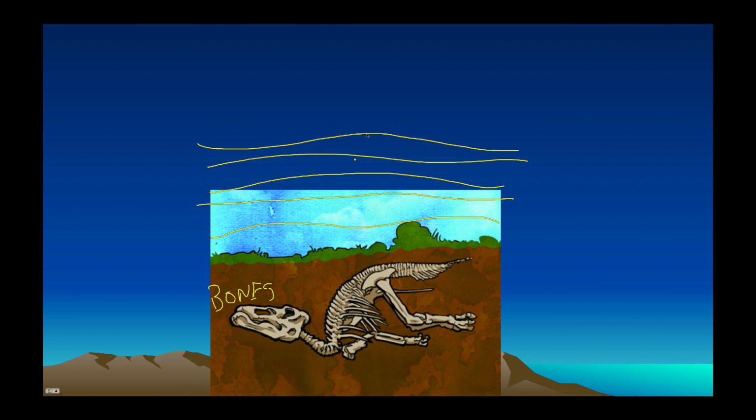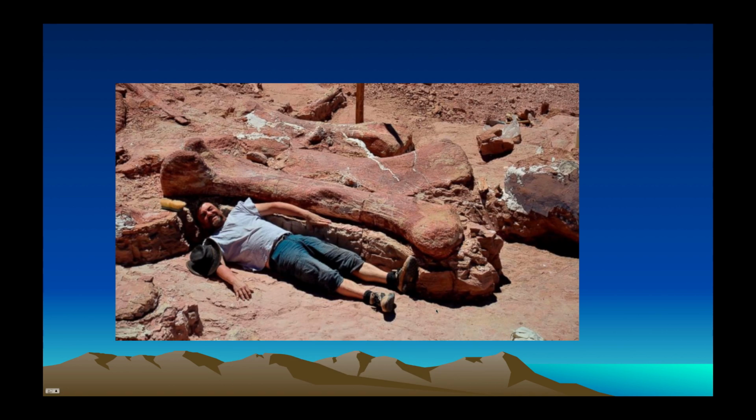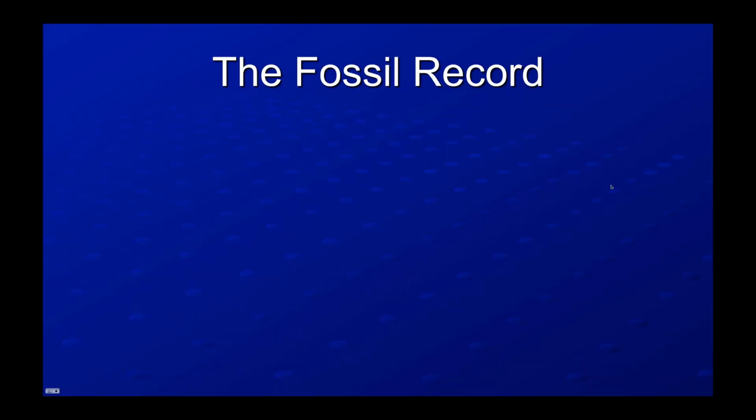Layer upon layer upon layer will form. And as those layers form, you have a tremendous amount of weight that builds up on those bones. As the weight builds up, the minerals in the soil will push into the bones and cause it to, as they say, completely mineralize. And when that happens, you end up with a fossil. These are structures that are stone, but yet they take the shape of the bone, and so that way you get this big thing.